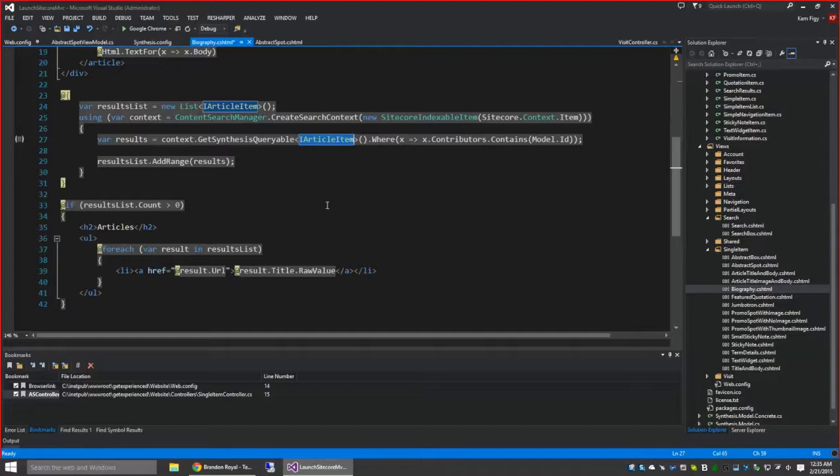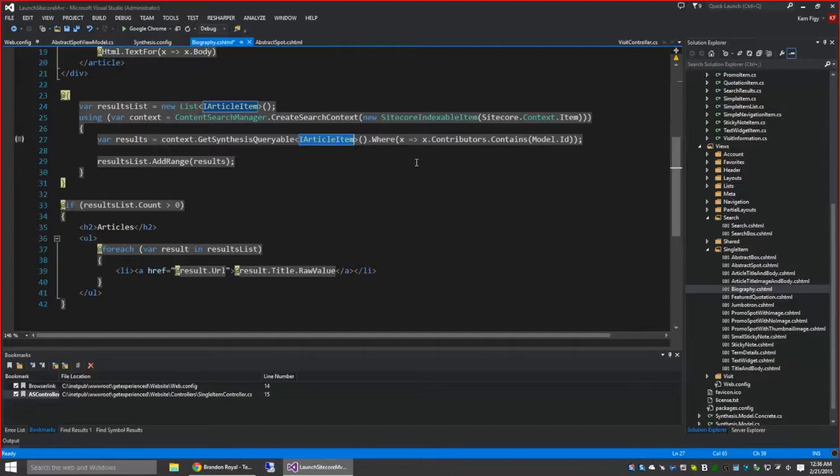Most likely, when you're doing a query, unless you're doing it deep in the content editor backend, you probably actually want only the latest version in the context language in the current database. Get synthesis queryable automatically throws those filters on there, so you don't have to worry about it, and you can just write your code and probably not have any wacky bugs as soon as somebody adds a second version of something, and then you get the same result showing up twice. Not that I've ever had that